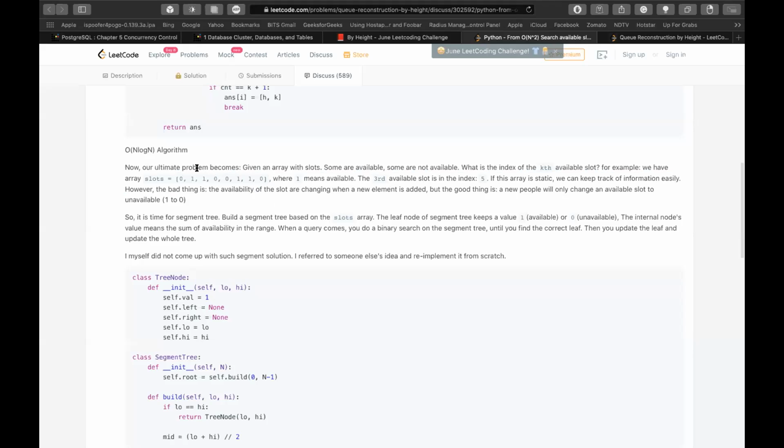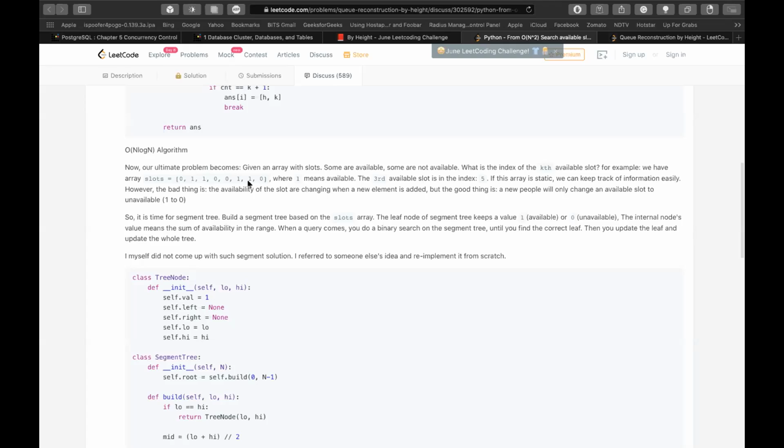Wow, nice. Yeah, makes sense. Whenever some index gets occupied, they make that 0, and they don't have to update the sum separately.